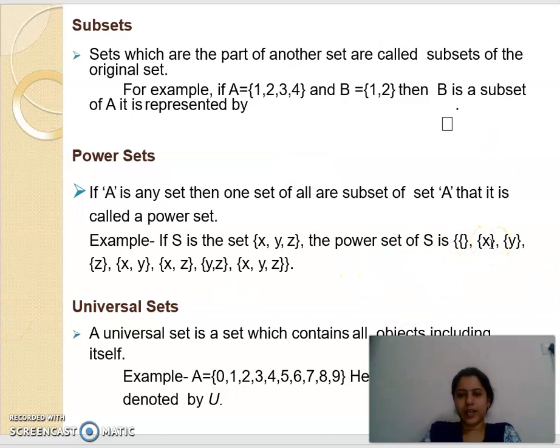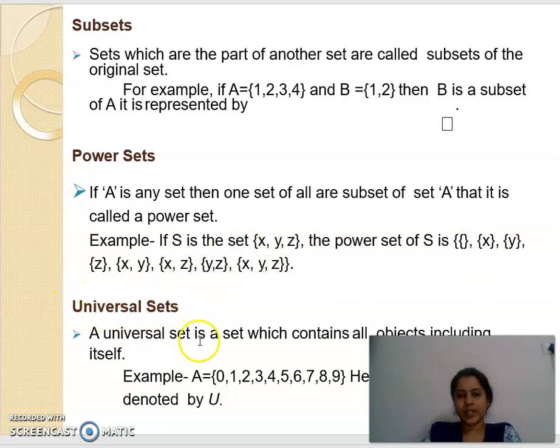Next, if you take only X, then you will get only the set X. Next set contains only Y, next set contains only Z, next set contains X and Y, and so on like that. So this is the power set of S.